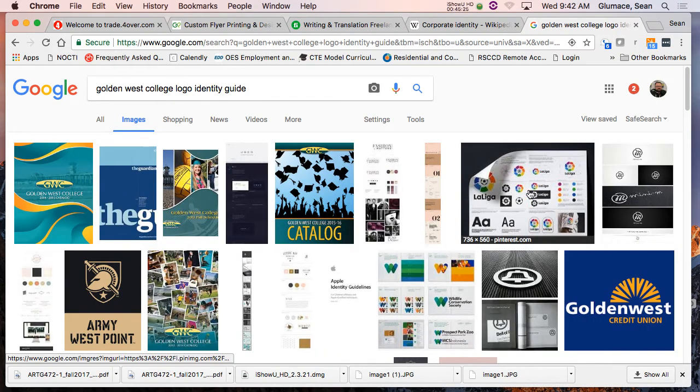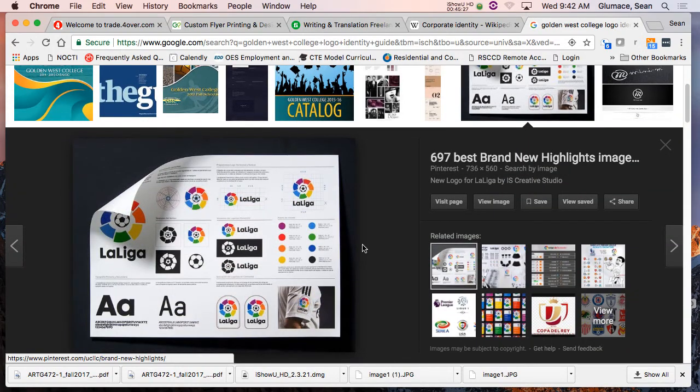But you can see even this one right here is a simple one-pager. It's like a single page that you can hand out. It has the colors, has everything broken down. Our guide had all, let me see if I can find it, because it'll just be easier to go through it.